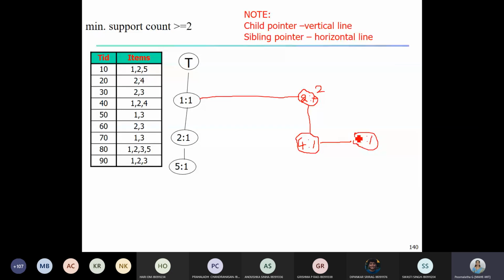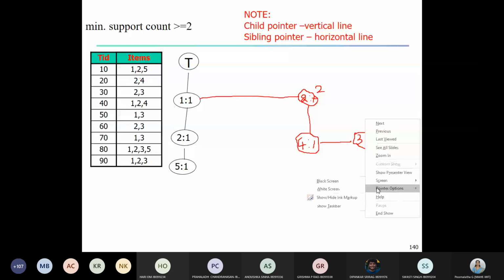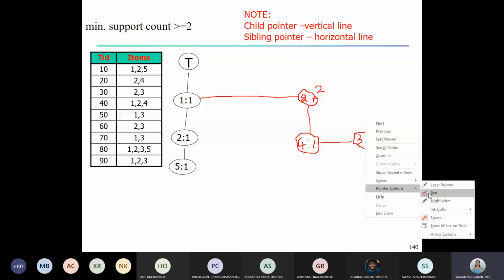You can see here I am using this horizontal line. 4 and 3 are siblings, because for both 4 and 3 the parent is 2. You can see, right? 2, 4 and 2, 3. 2 is the parent for 4, 2 is the parent for 3. The items which are having the same parent are called siblings, and we connect the siblings of a given parent by using this horizontal link. Again, I am telling you, I cannot write like this. This is not allowed in PC tree. Hope you are able to get this point. Okay. Anyone, any doubts now?